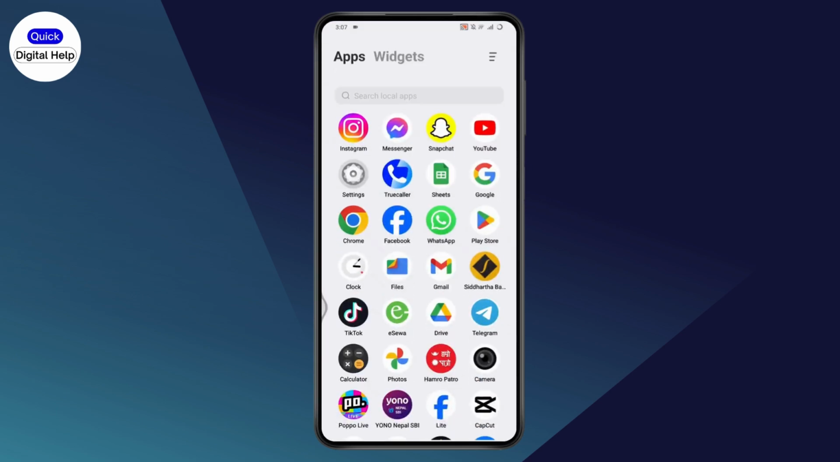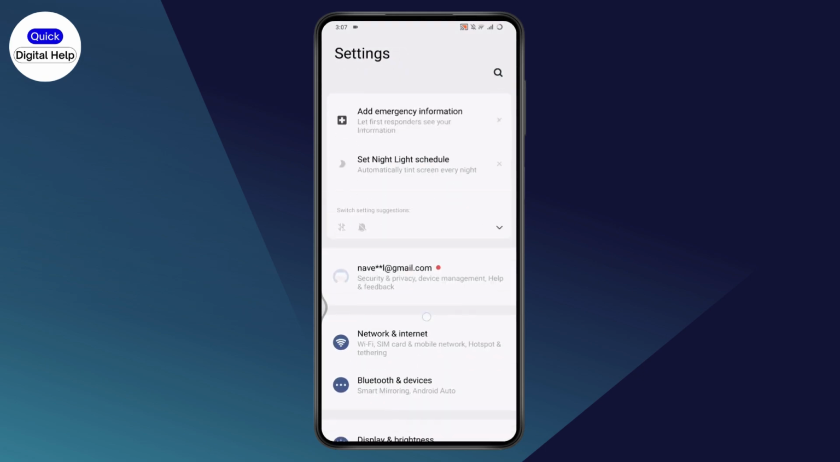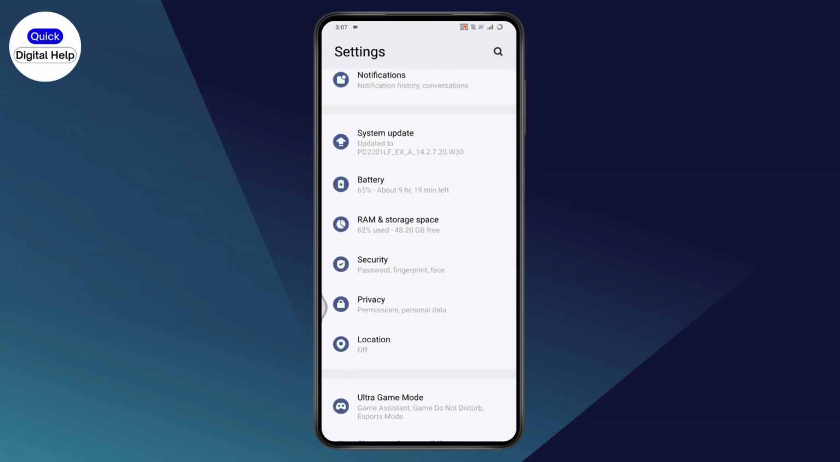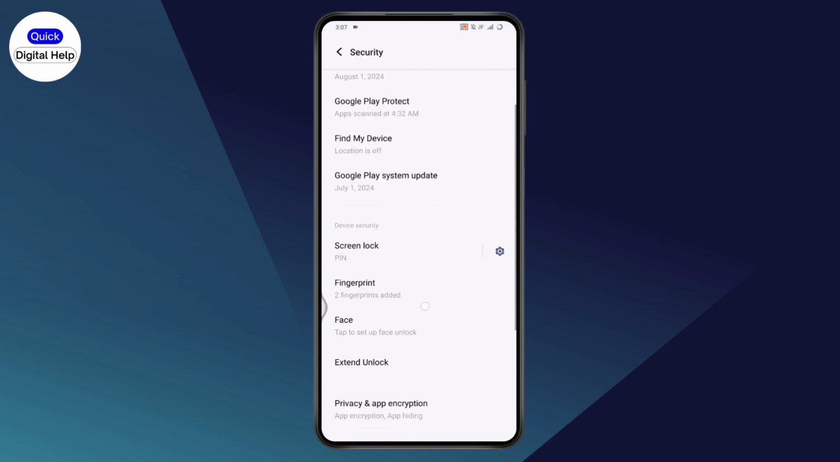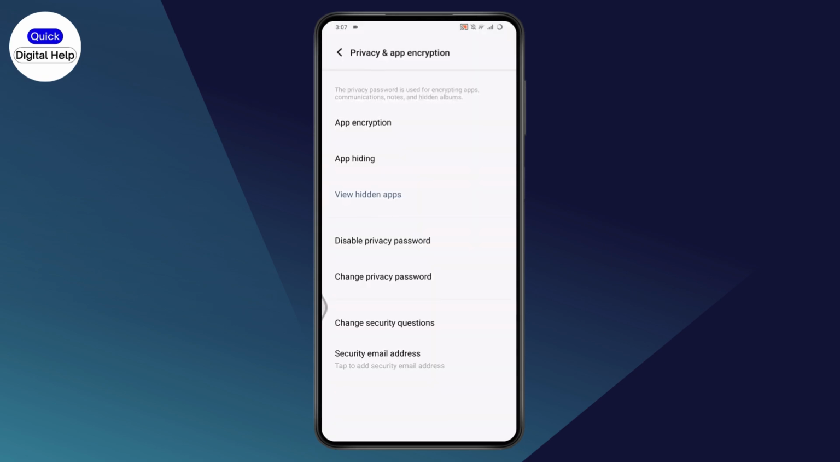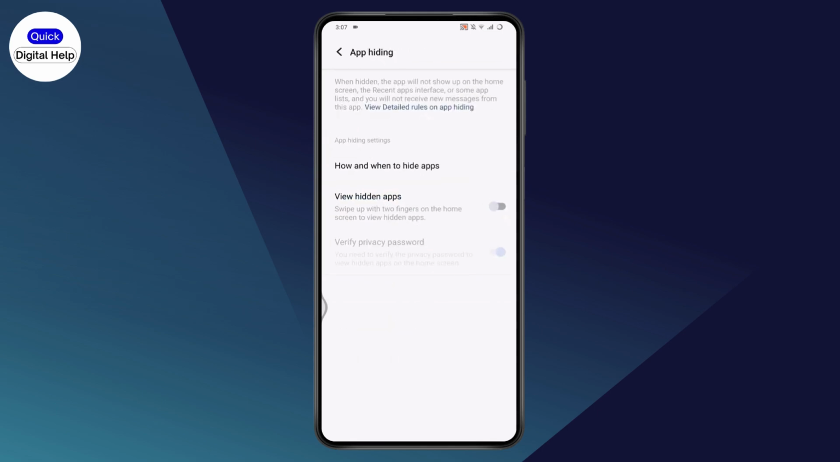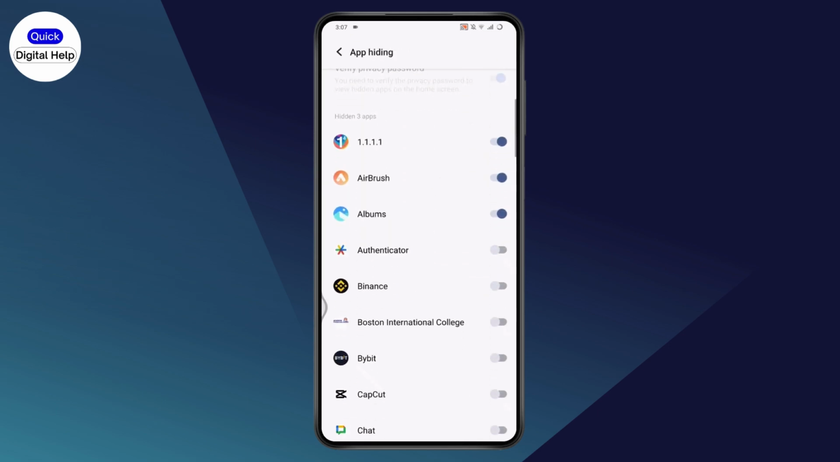So what you need to do to unhide or unlock the app, you just need to simply go with your settings again, go with the same kind of interface which you've used to lock your apps. So scroll down, go with the security option. Under security, you can go with the app and encryption option and enter your fingerprint or your password, and then go with app hiding, and here you need to go with view hidden apps, and from here you need to